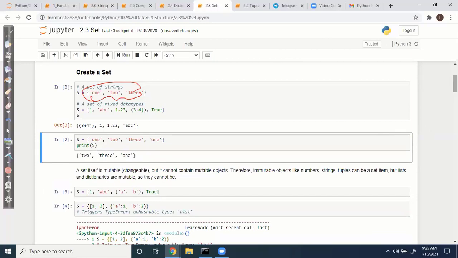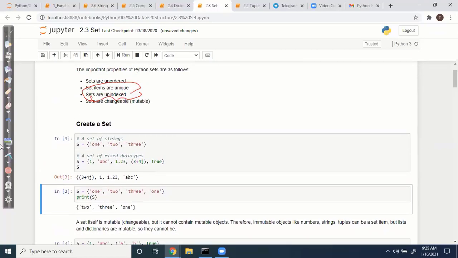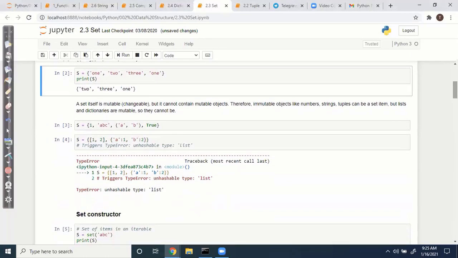It allows mixed data types also. Here we have one duplicate value, but it doesn't allow duplicate values.